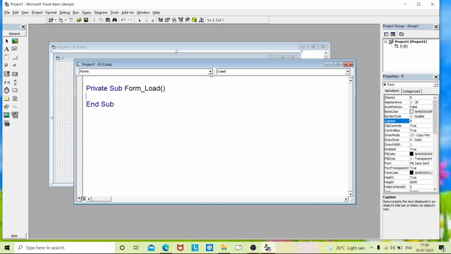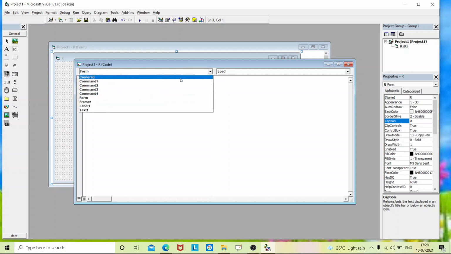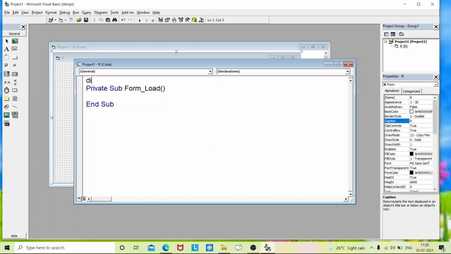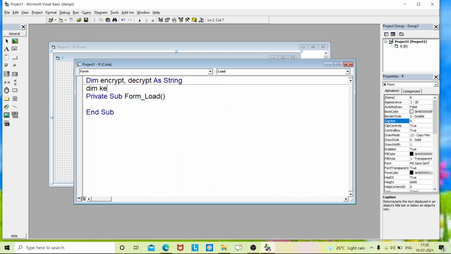Before starting the instructions, we have to declare some variables. So I'll declare Dim encrypt, decrypt as String, and Dim keyval, rnum as Integer.